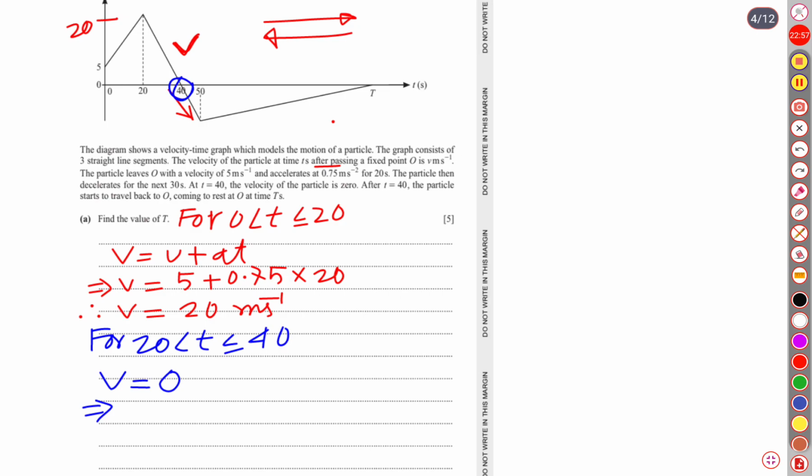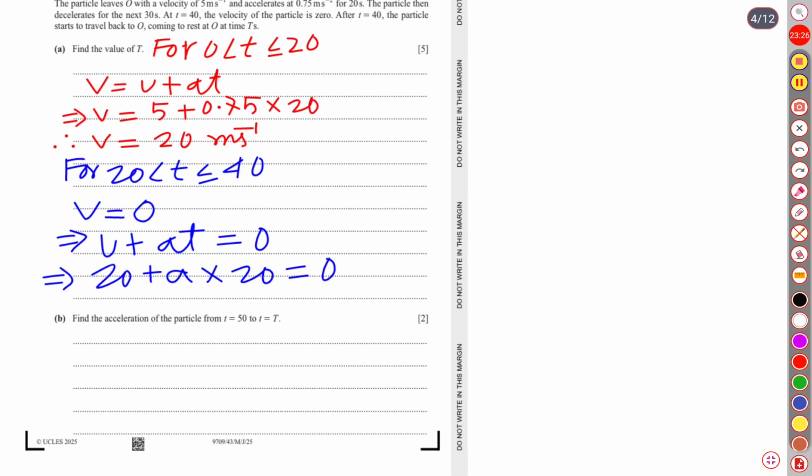So V is equal to U plus at. U plus at is equal to 0. Hence our initial velocity was, it started from 20. So 20 plus acceleration is to be obtained, and time is 20. So 20 plus 20a is equal to 0. Hence our a is going to be -1. Let us write, hence our a is 20 divided by 20 means 1, but as it is negative, so -1